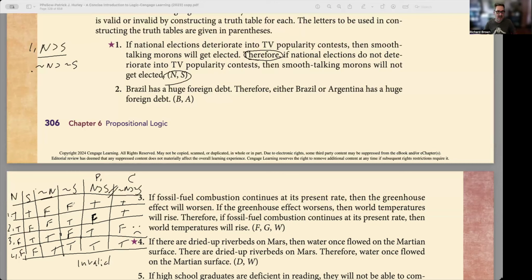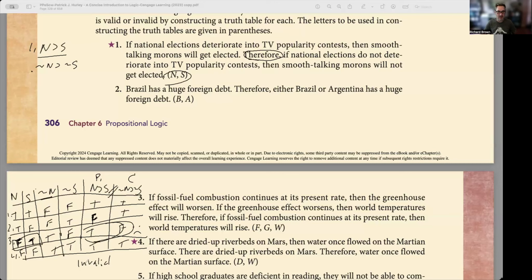And we can see here under what case that would be. This tells us that the case is when it's false that N, but true that S. In such a case, you'll have true premises and a false conclusion. And it doesn't matter that in these other cases the premises are true and the conclusion is true, because all it takes is this one case right here on line 3